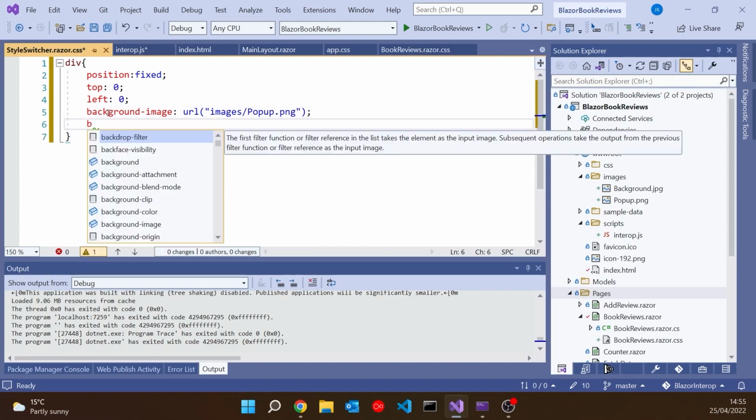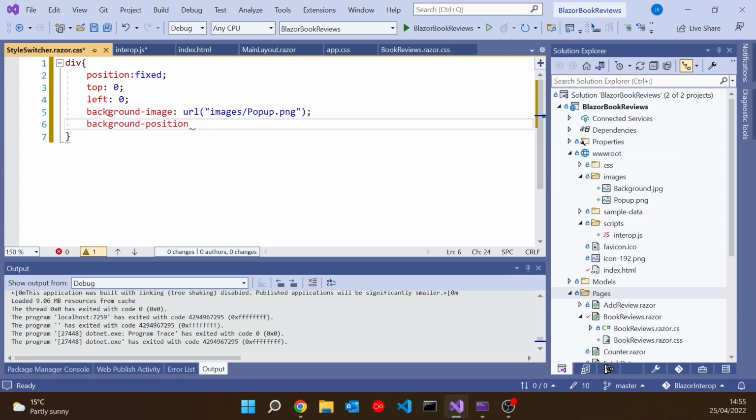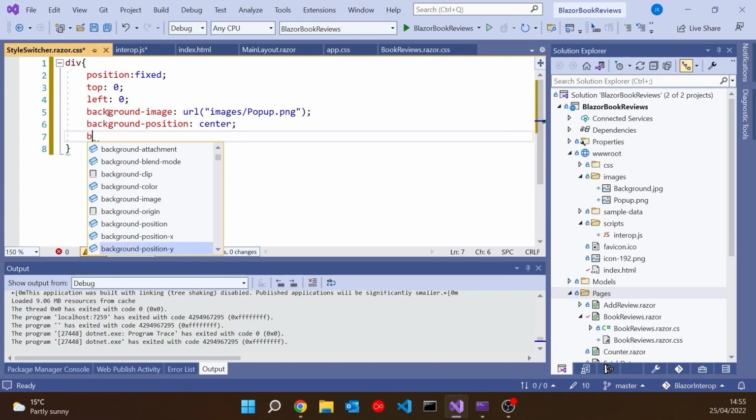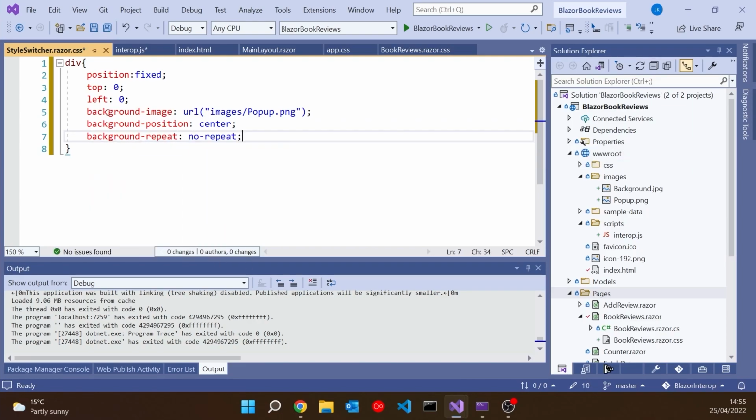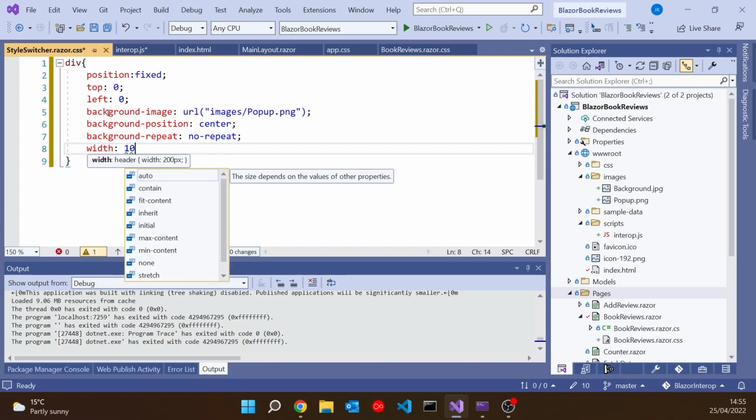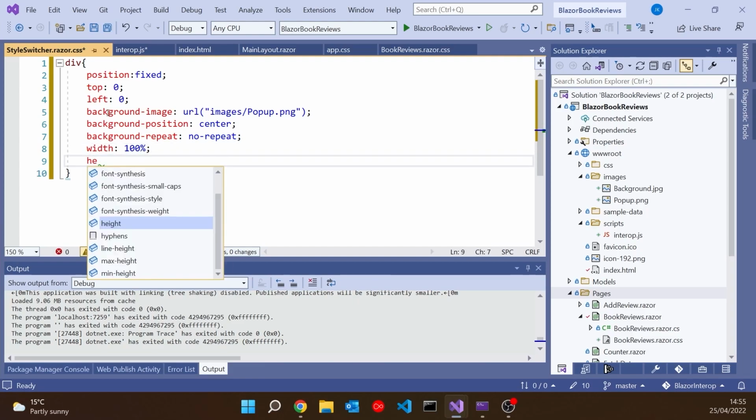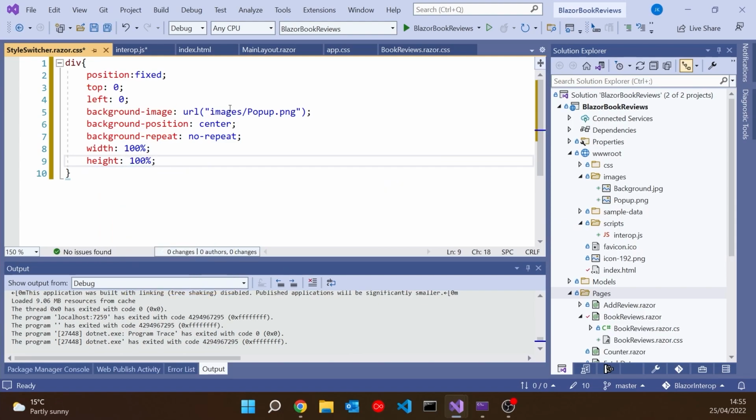We'll have a background position of center, and we'll have a background repeat of no-repeat. And we'll also set the width to 100% and the height to 100%. Okay, so we'll see what that looks like when we've got this all working.